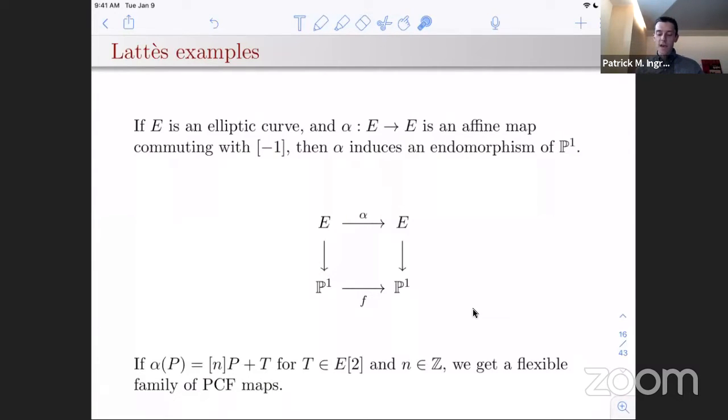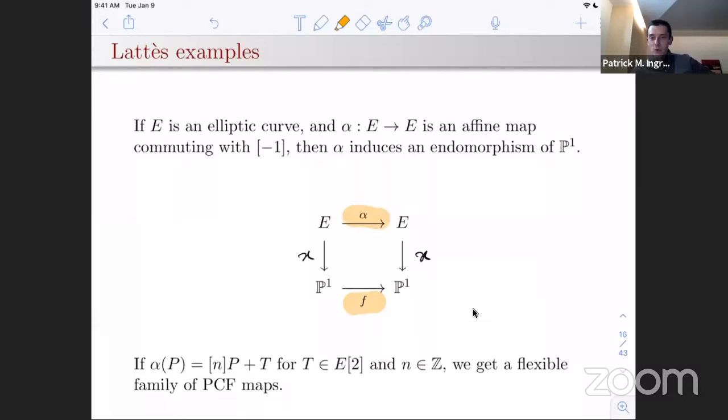So if you take an affine map from an elliptic curve to itself, which commutes with -1, then here I have the x coordinate projection. And that commuting with -1 will give you a map induced here from P1 to itself, little f. There's no big F, so it's just f. And the dynamics of f here is, of course, closely related to the dynamics of whatever this affine linear map from E to E is. And it turns out,